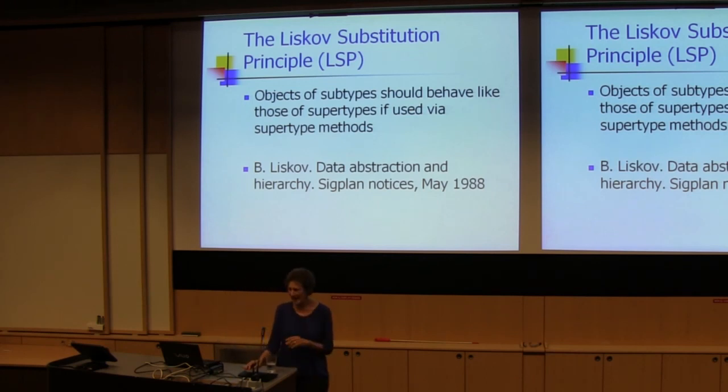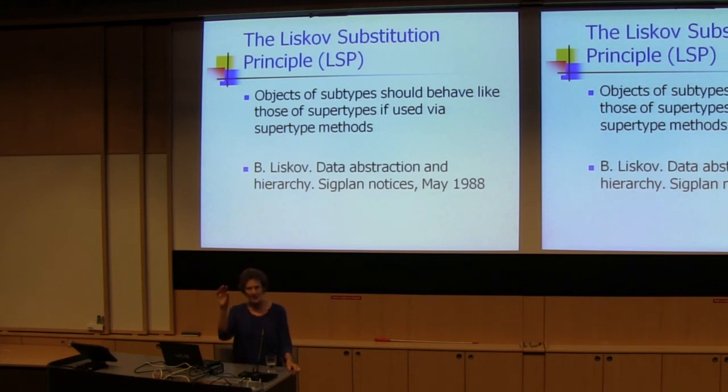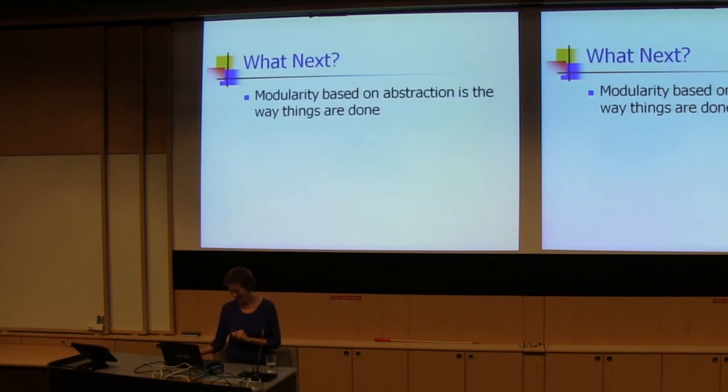What happened was in the 90s, early 90s probably, I got an email from someone saying, can you explain to me if this is the proper interpretation of the Liskov substitution principle? So then I discovered that there were chat groups on the web, and they were arguing about this and so on. Okay. So when I got the Turing Award,